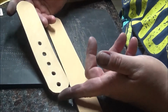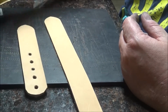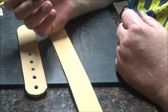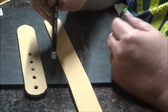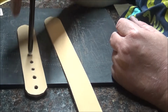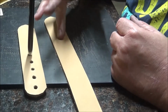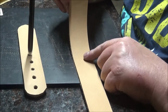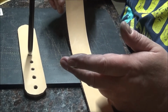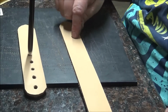This is just my guide, and I made it. It's nothing fancy, but I can take my biggest one, I think that's my biggest, yeah, the 1/4 inch, and I cut these holes specifically so that that tool will fit in there, and I can just tap it and make a mark on the leather. Now this is the top grain, what do they call it, the skin side? I don't know, I can never keep that stuff straight. This is the side that you're going to see,